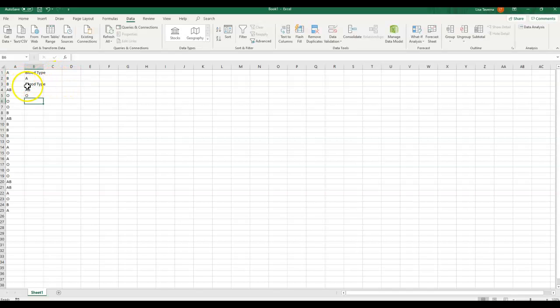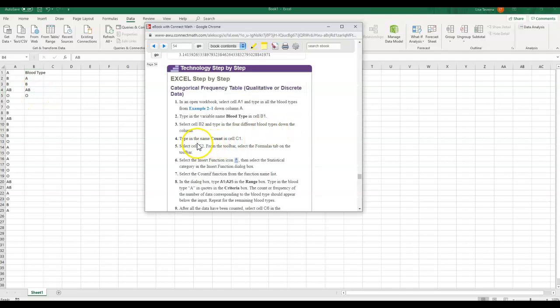Yes, I did notice that it automatically put blood type in there. You know how sometimes computers are trying to be helpful and they mess stuff up, like Word autocorrect does sometimes. So we're just going to have to go in there and force it to say just B. Enter. So A, B, and